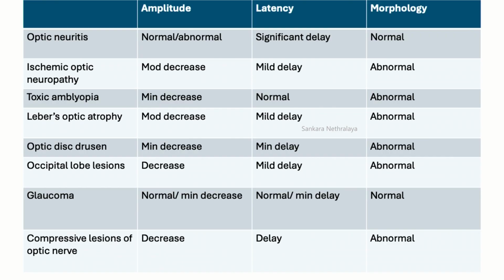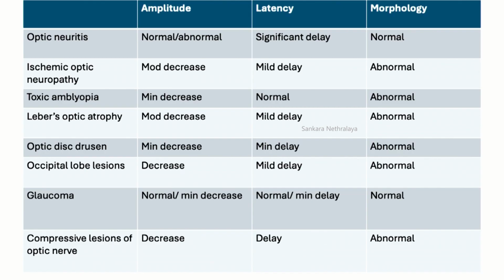But it is the latency which is more important than the amplitude in optic neuritis. Although amplitude also can be affected, okay? The morphology is not affected. The waveform is almost the same, except the whole thing is delayed, because optic neuritis is a conduction problem. It is not the amount of light, the energy is just going through, but the whole thing is going very slow because of demyelination. While ischemic optic neuropathy is actually death of a lot of nerve fibers, okay, due to